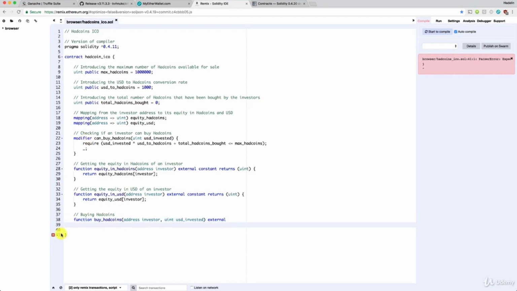Just before we open the brackets, we need to call our modifier here, just this way, can buy altcoins. So that's our modifier, remember? We called it can buy altcoins. And of course, we input what this modifier is expecting as argument, which is exactly the USD invested by the investor, which is already an existing variable of this function